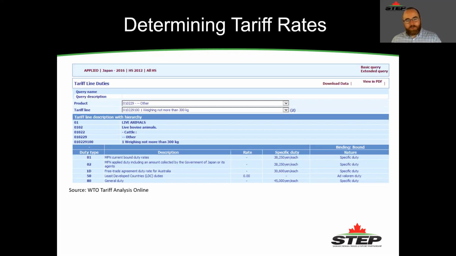But I will note that, especially if you're going to the US, if you manufacture a product that's made with components not from Canada, there's a good chance that your country of origin might not be Canada, which might not qualify your product for treatment under the new CUSMA agreement, or the new NAFTA, for example.